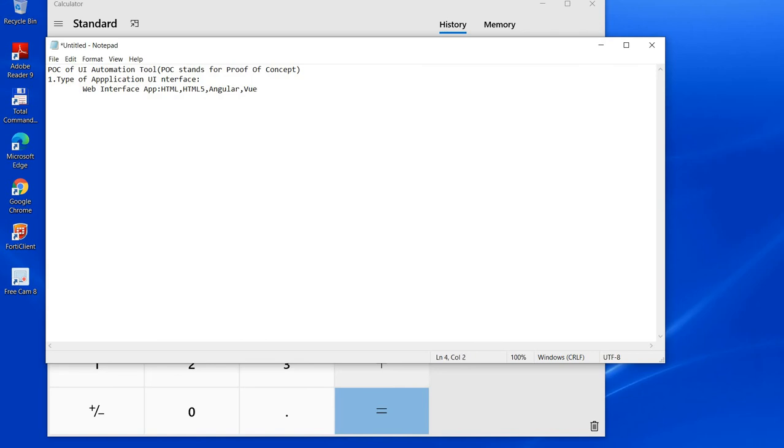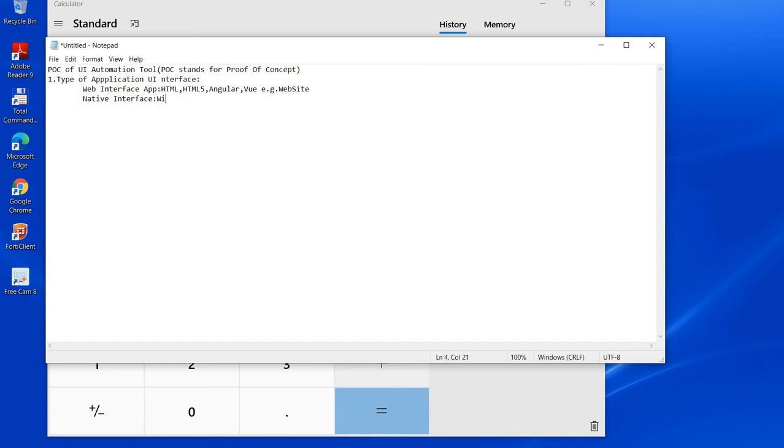Second, native interface. Native interface applications are those whose interface is designed using native interface design technologies like WinForms.